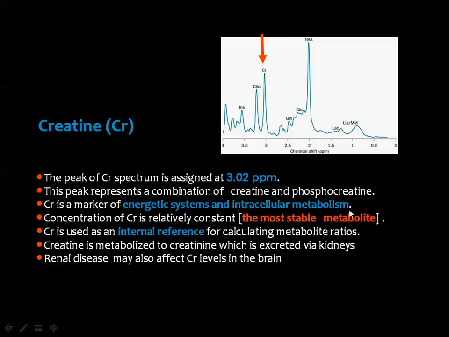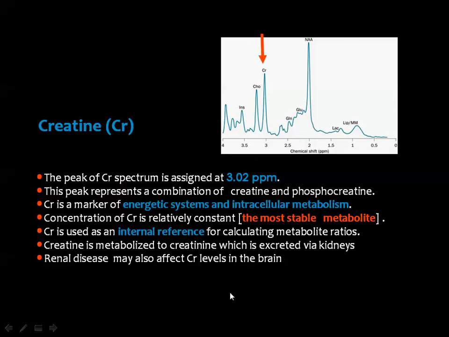This creatine almost has no change in any situation in the brain tissue except very few lesions I will mention, and this is considered the most stable metabolite. Then you can use this peak as a reference to see how much the NAA has decreased and how much the choline has increased, because you will know in a moment that